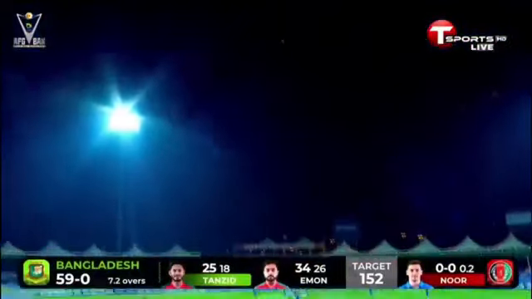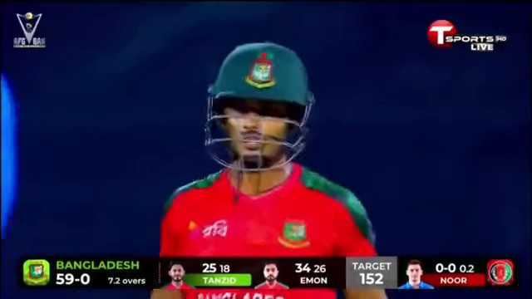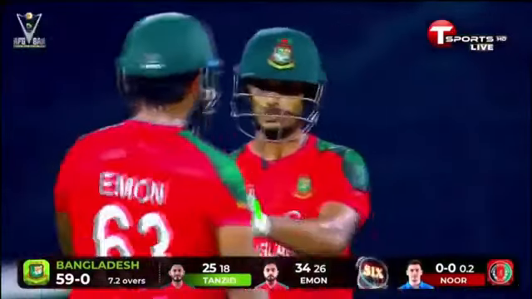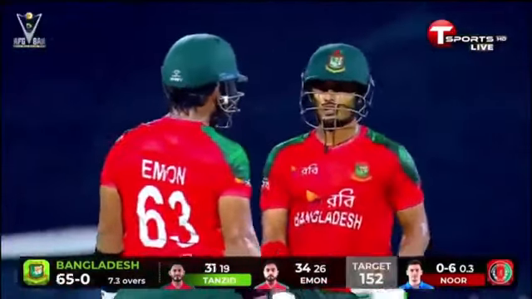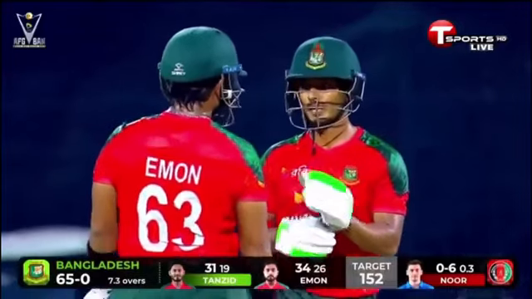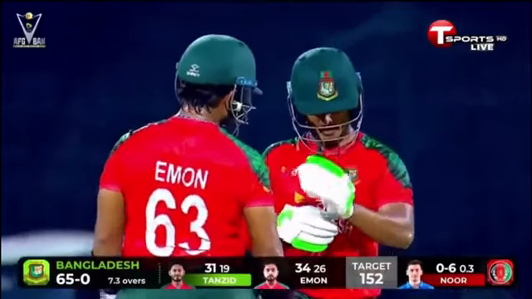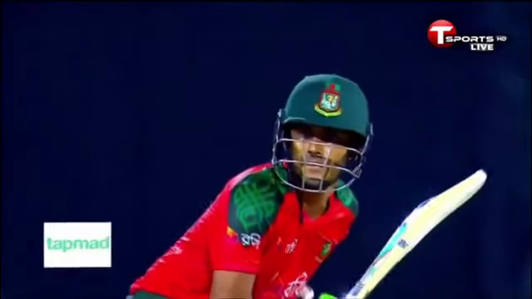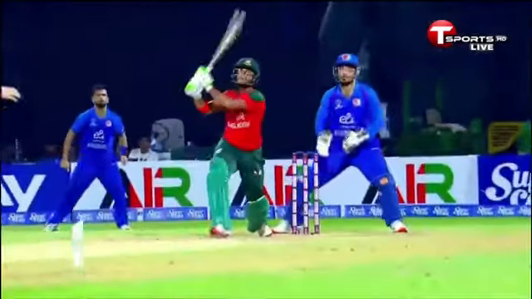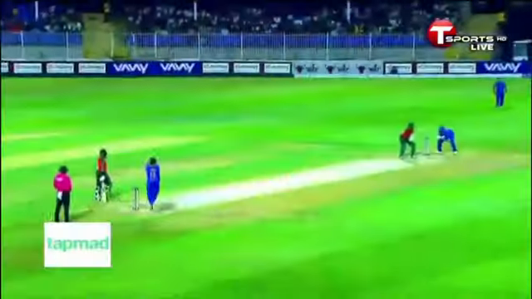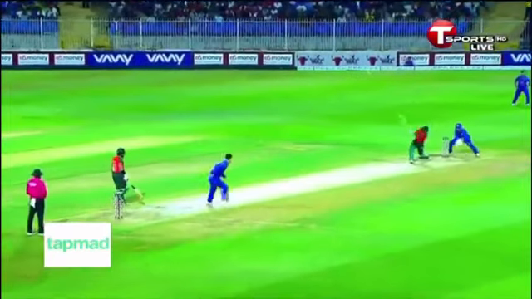Pumps it down the ground. He says, I'll have a bit of that because it's over pitched, and he gets a very good piece of it, does Tanzid. Straight as an arrow. A mighty hit for 6. This is good batting. First couple of deliveries, the length was good. This occasion, slightly fuller. And straight as an arrow.